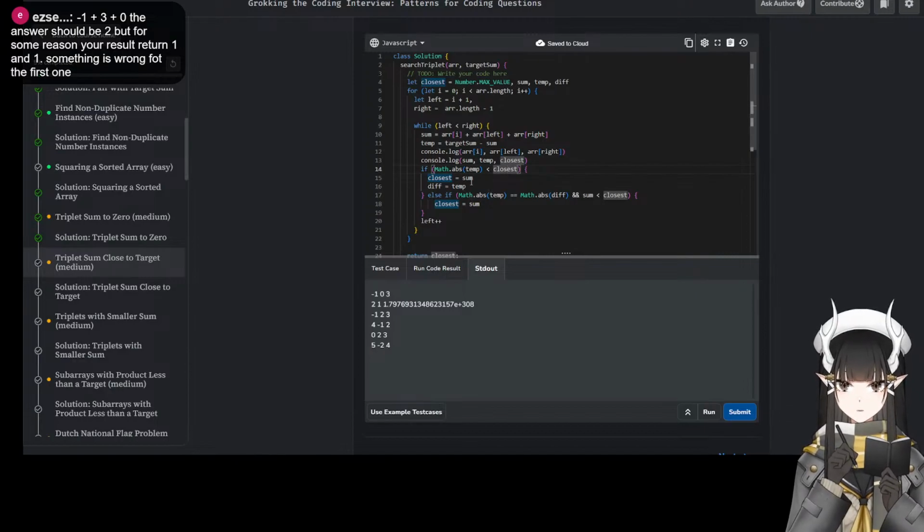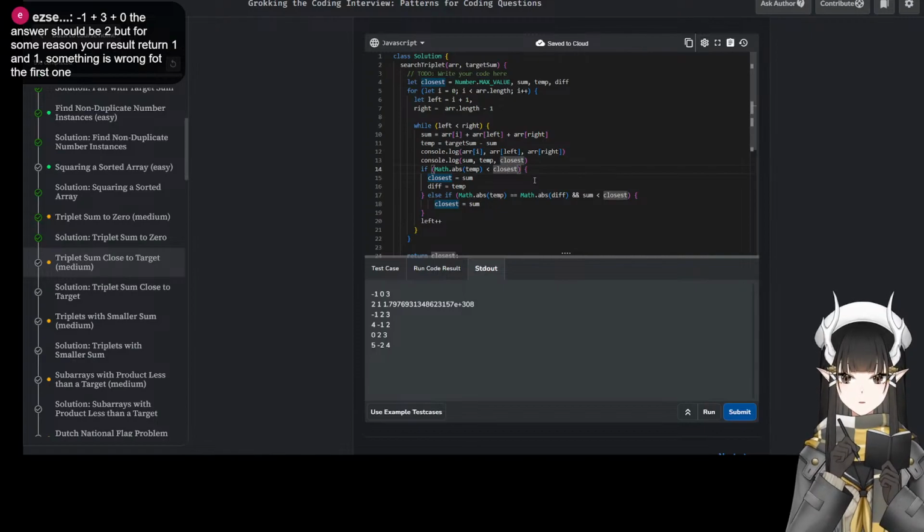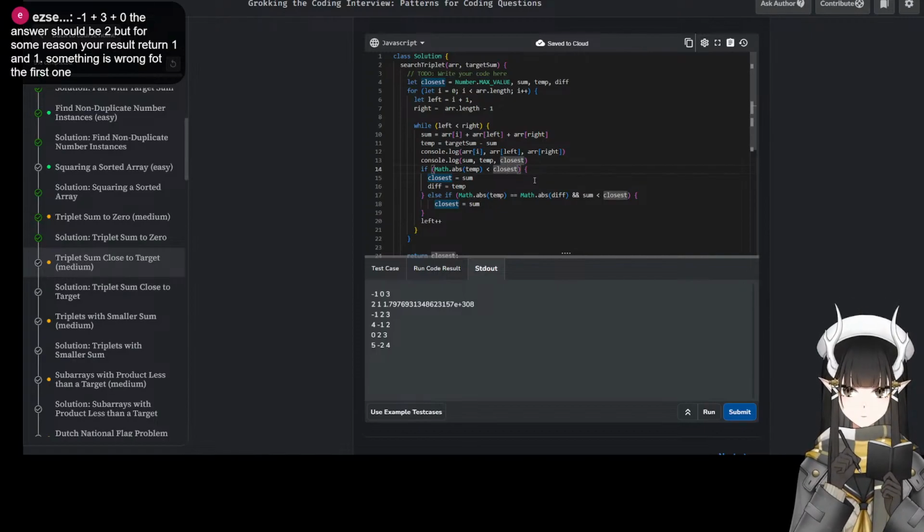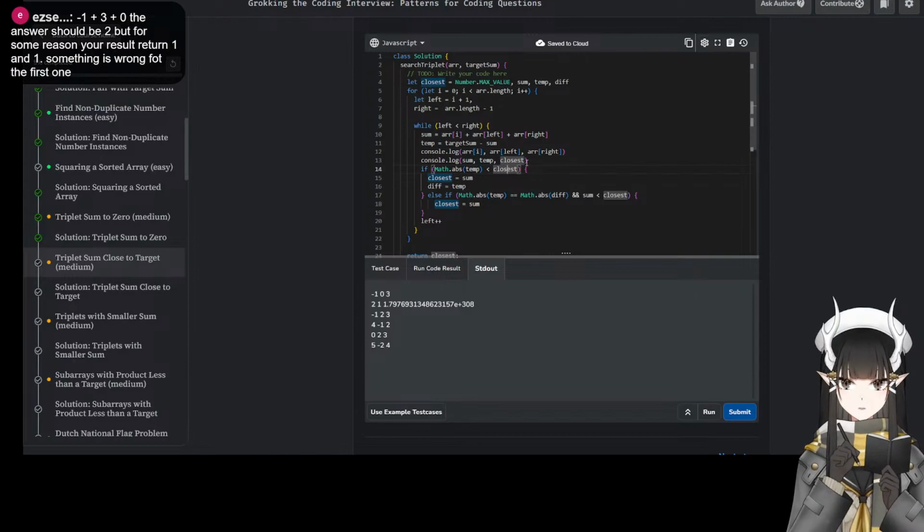Oh, I'm comparing to the wrong thing. So absolute 1 less than closest. Temp is the target sum -1. Actually comparing the... I should be storing the difference.